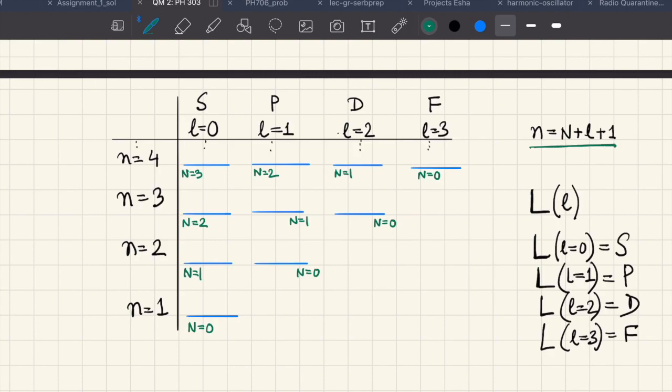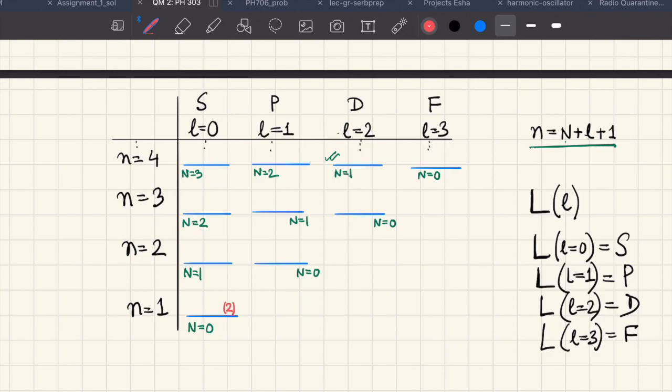You can actually figure this out by having a look at this relation. For example, take this state, where L is equal to 2 and small n is equal to 4. So we have capital N equal to 1. This is how you do this, but it also tells you the degeneracy. For example, if I may write here with another color, this is L equal to 0, and corresponding to L equal to 0, we have a degeneracy corresponding to spin, for n equal to 1.